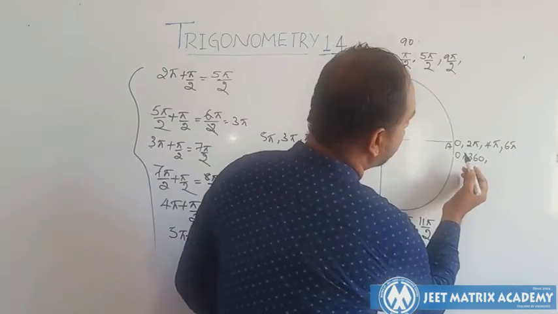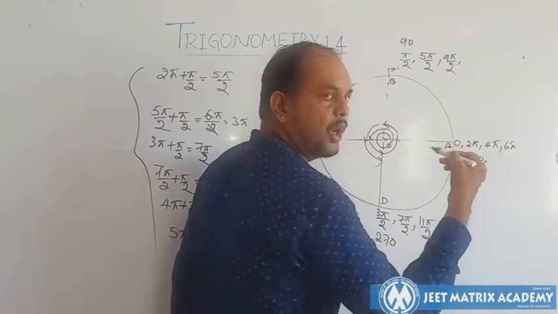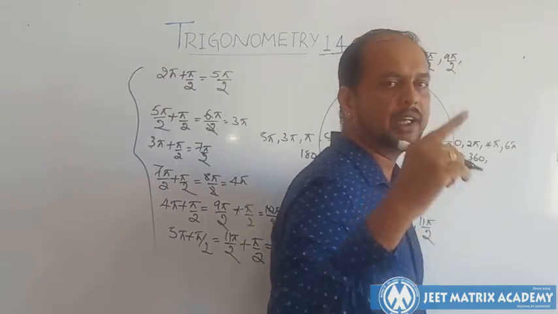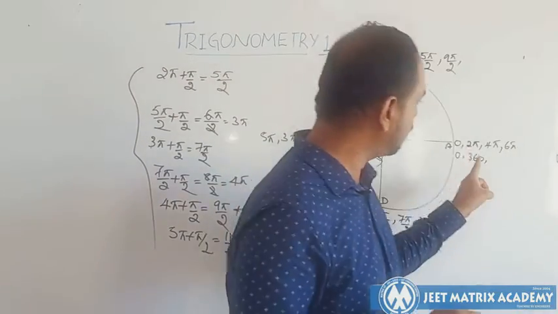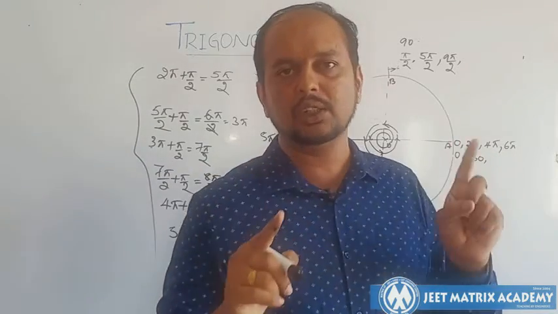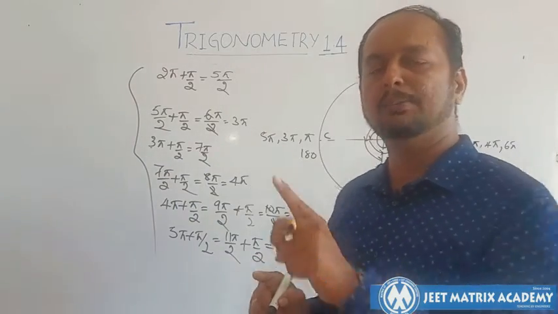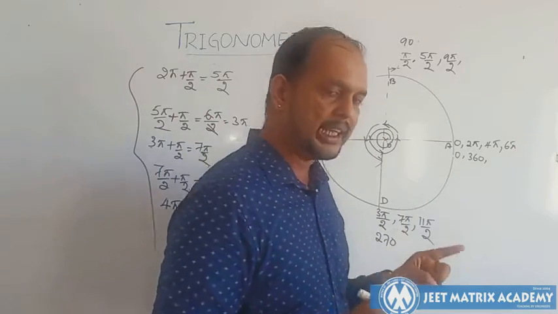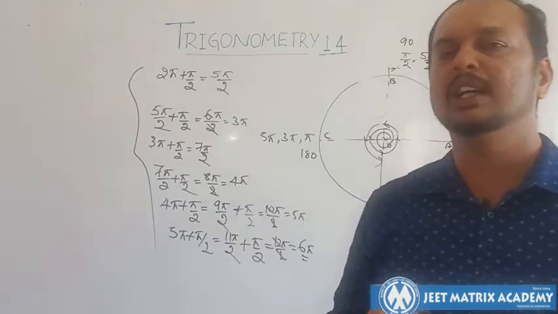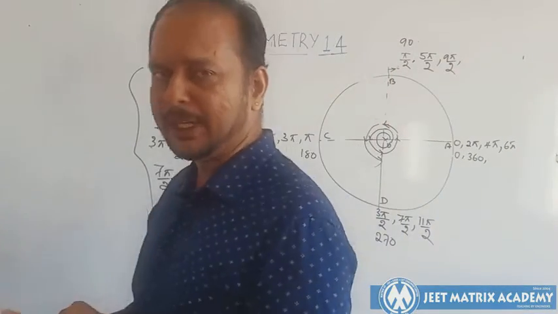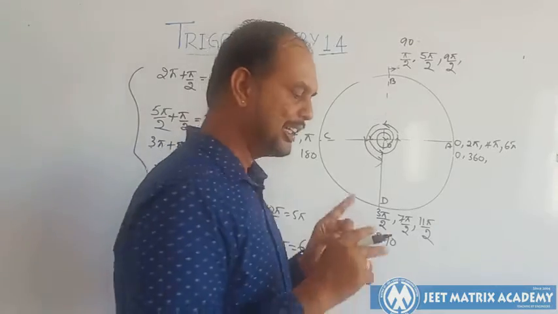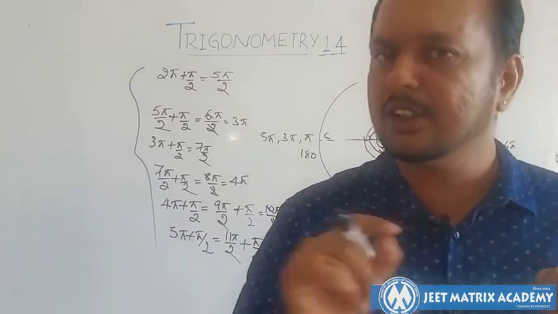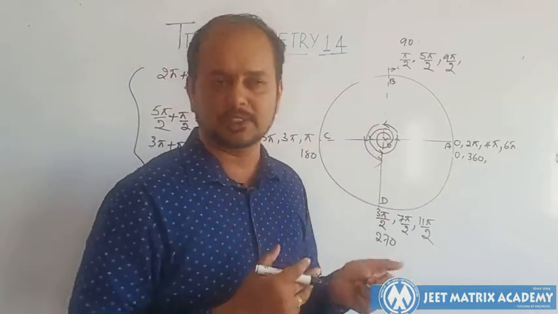Now as I said, see it is 0, 2, 4, 6. What will be next? It will be 8 pi, 10 pi, 12 pi. All even multiples of pi will be coming in the 0 place. Remember, the value at 0 is equal to that at 2 pi, 4 pi, 6 pi, 8 pi, 10 pi. Everything will be the same. I mean to say, sin 0 is 0, sin 2 pi is 0, sin 6 pi is 0, sin 8 pi is 0, sin 100 pi is 0, sin 1000 pi is 0. Everything is 0 only. See, a small idea, so you are able to get every value.